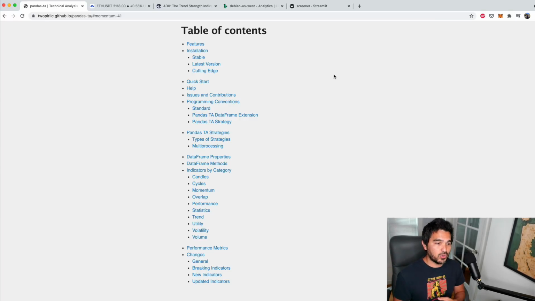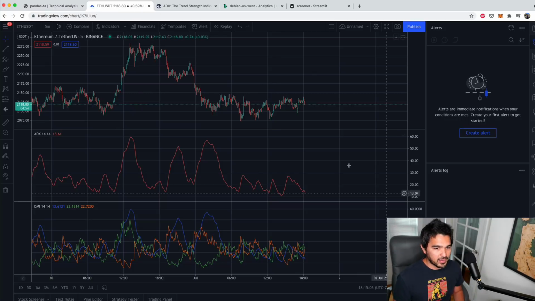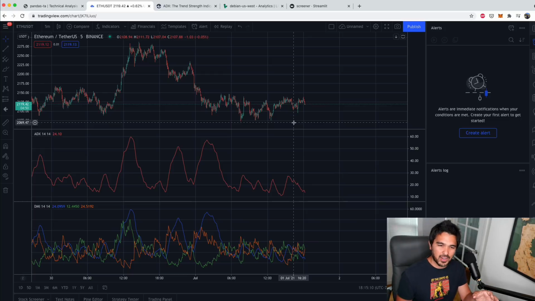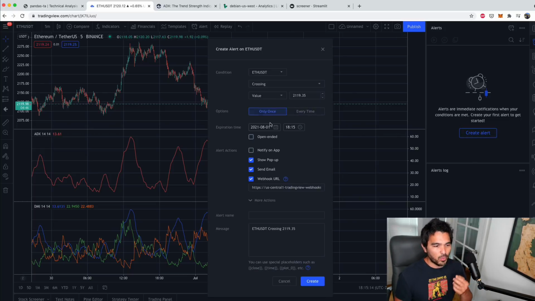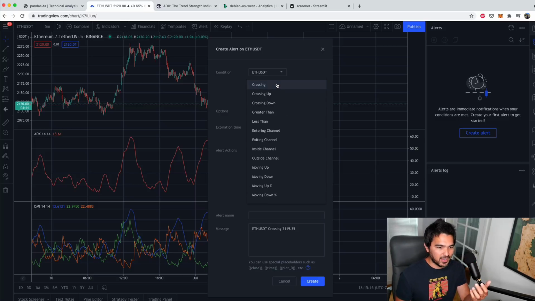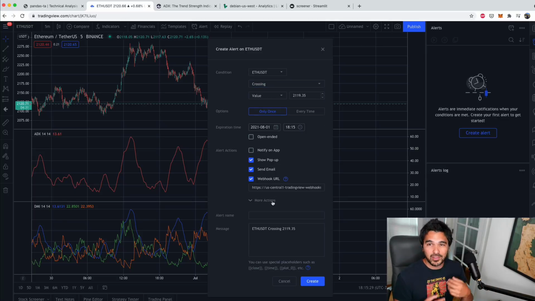Secondly, what I want to do is build some projects on top of this. So we're going to build this alerting functionality. TradingView, as I've demonstrated, has this alerting functionality where you can alert on different points of interest. So it might be on an indicator or on a strategy, or maybe you just want to know when price crosses above a certain threshold or moves down a certain amount,